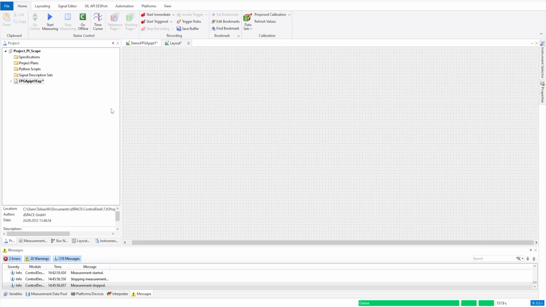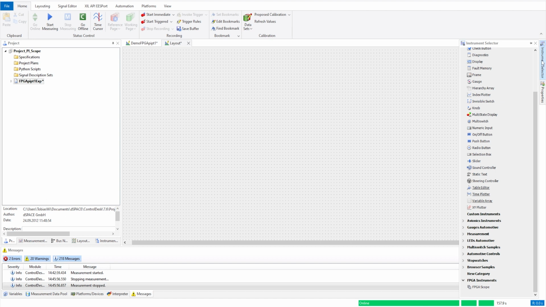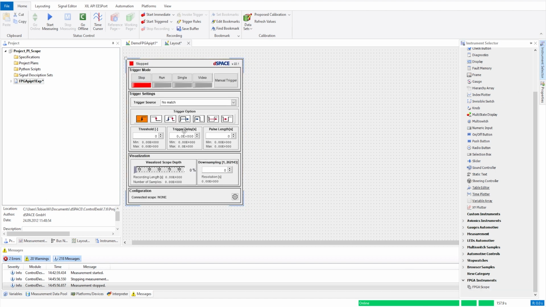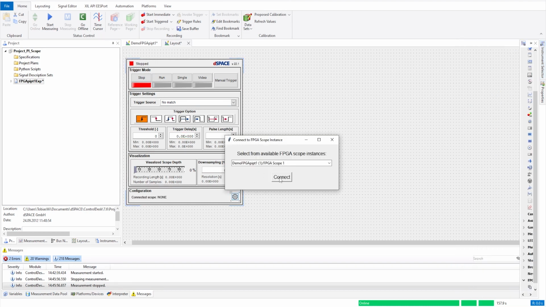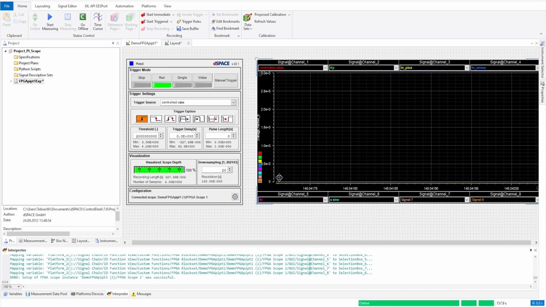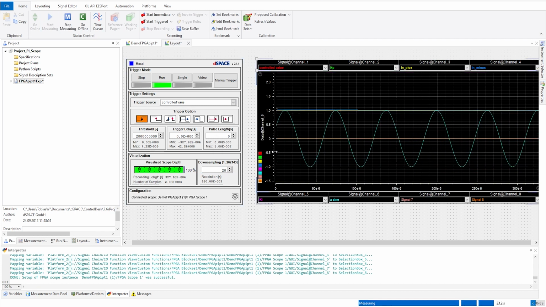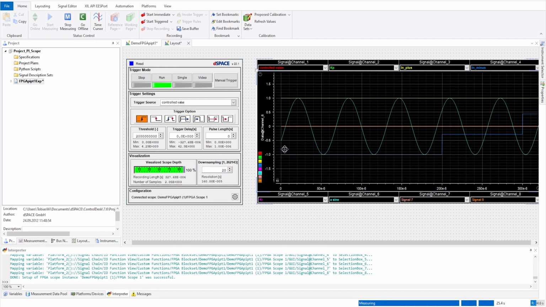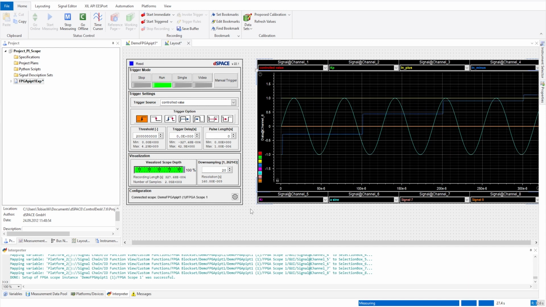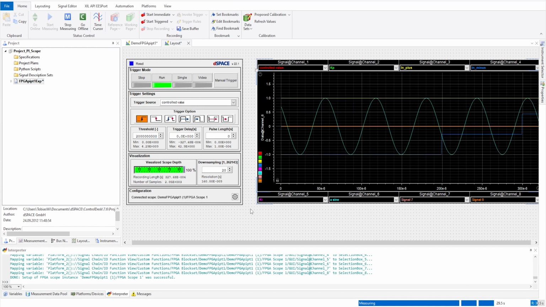What I would like to put a focus on is how easy the scope can be used within ControlDesk. Therefore, I simply create a new layout and take a scope instrument from the library. This just needs to be linked with a scope we implemented beforehand. Then, a plotter instrument with direct access to the connected signals will be created automatically. The instrument allows the configuration of multiple helpful options like downsampling. Within the plotter, you can reconfigure the signals to be plotted at runtime.